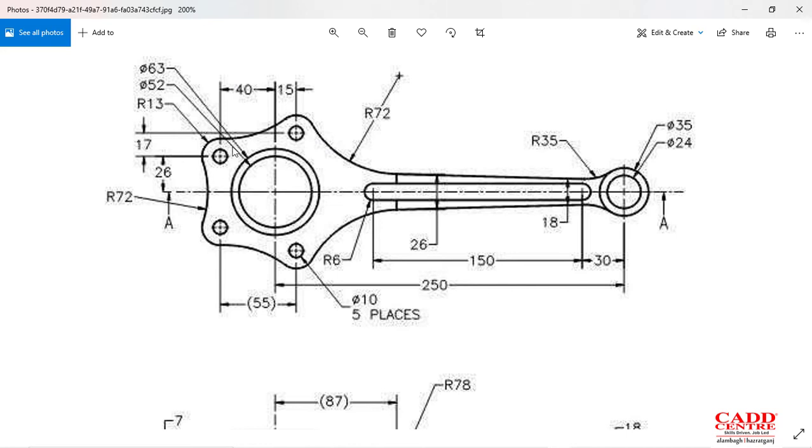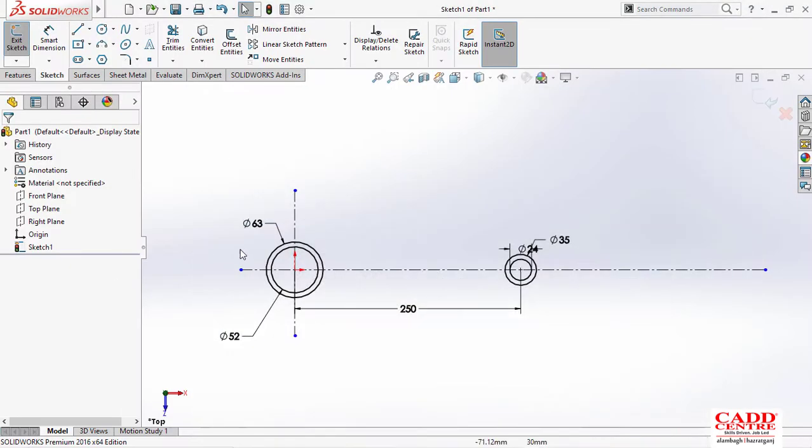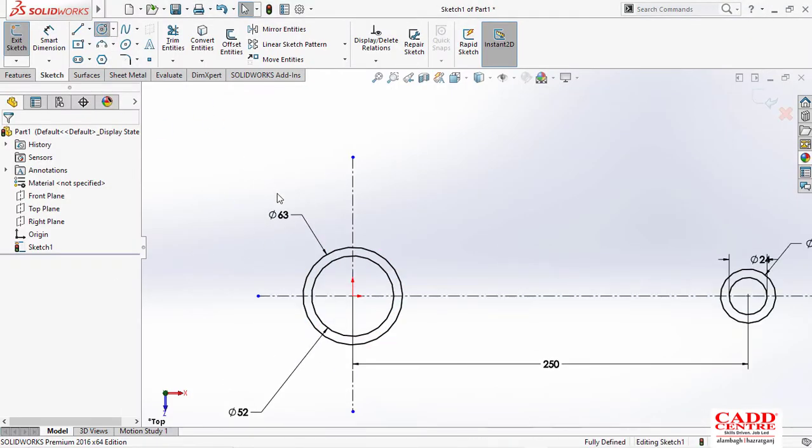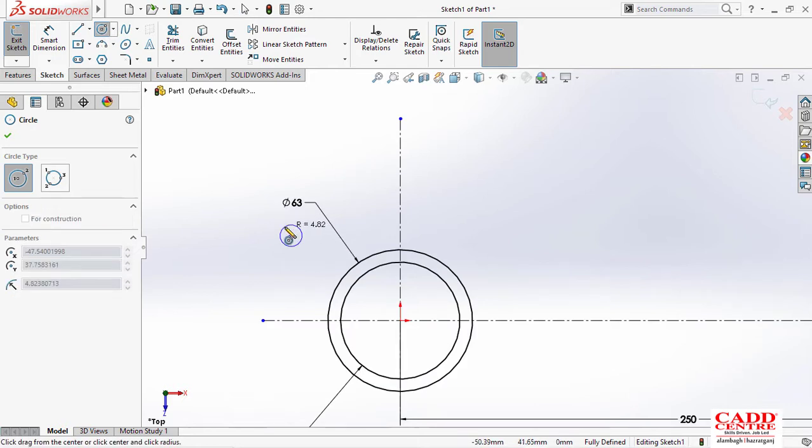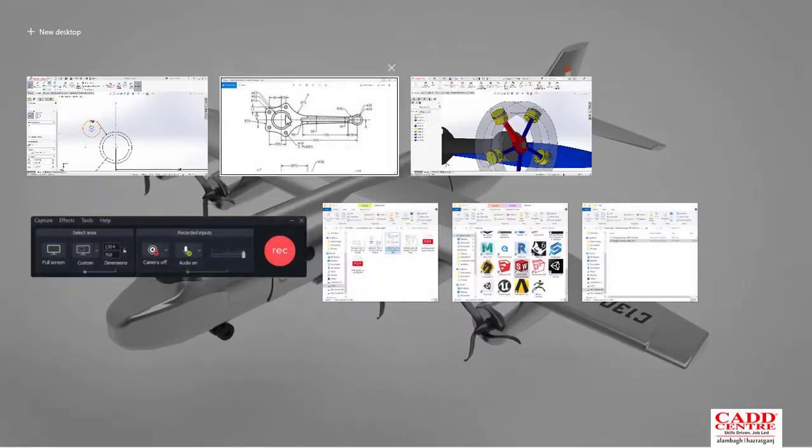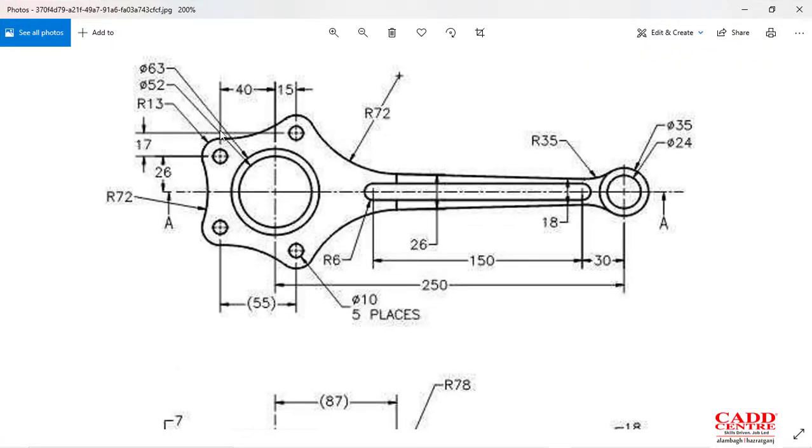After that I'll make a small circle, which is given as diameter 10. I'll make this circle at a distance of 26 from horizontal and 40 from vertical. So I'll draw one circle, this circle, and another circle also. Why another circle? Because this one is also part of a circle. We can't just say that it is an arc. It's also a circle, and after drawing some arcs and tangents, we will get this type of figure.